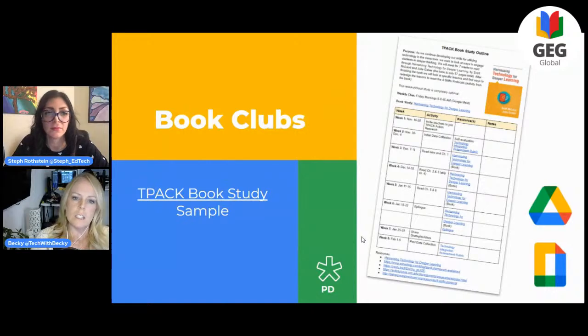Agreed. This next one's a book study or book club. Engaging in PD throughout your meetings is really helpful, but we don't always have the time for it. So we don't have enough time for our entire staff to maybe engage in a book study. So instead, what you could do is have a portion of your staff engage in a book study if they choose to. It can be an optional PD, professional development. And then they can take what they learn and come and share it in tidbits back with the staff.